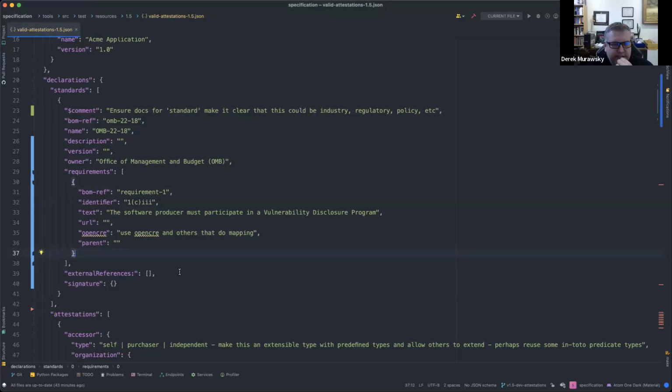Yeah, and I really like the idea of this because from an implementation perspective, you could have the HTML version of this be human readable. You could have the JSON representation of it be this requirement doc. And then people could pull that in very readily at that point, and map their attestations directly to it very cleanly.